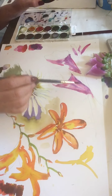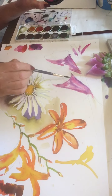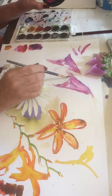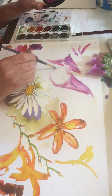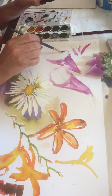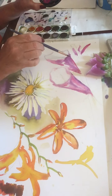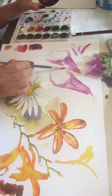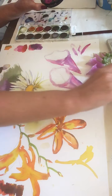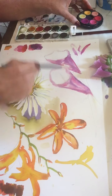So I've got those trumpety shapes, but I've got this very frilly edge. So I'm just going to use the water to make that. And that just drags with it a little bit of that cerise colour that's already in. And that's probably for now enough. Right, I'm going to leave that to dry a bit and start doing the green and come back to that